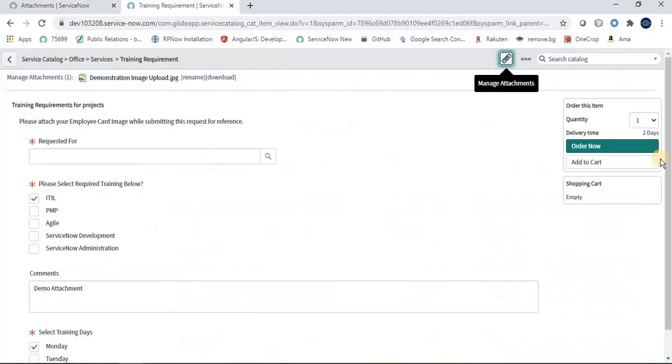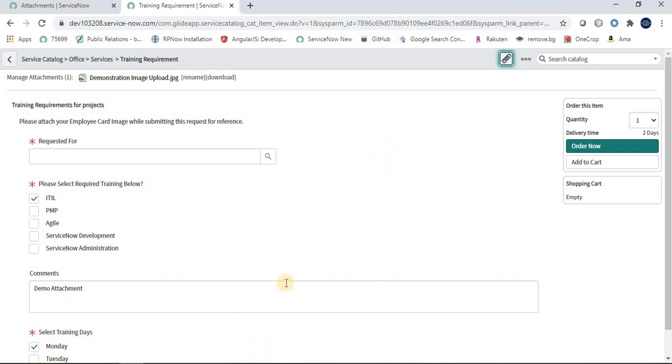And when we click on Order Now, it means we are submitting a form. So we are going to write a catalog onSubmit client script where we get a value from the script include, which tells us whether the attachment is available or not. So when the user clicks on Order Now, the onSubmit catalog client script will execute. It will take the data from the script include and validate whether the attachment is available or not. If yes, then it will allow us to submit the request. If the attachment is not available, then it will display an alert box that we need to attach an attachment, right? So this is the solution which we are going to implement today.